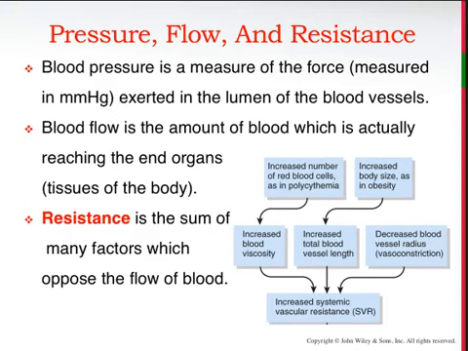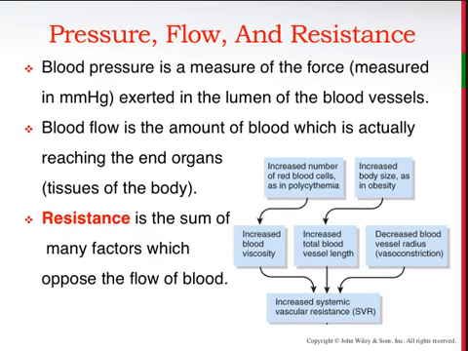So blood pressure is a measure of force. We measure it in millimeters of mercury. Remember, Hg is mercury, so we're going to measure blood pressure in millimeters of mercury. And it's the force that's being exerted on the lumen of the blood vessel. So how much pressure is that blood within the vessel putting against the edge, the endothelium, the lumen of the vessel. Blood flow is defined as the amount of blood that is actually reaching the end organs, being the tissues. And then resistance is the sum of all the many factors that can oppose blood flow, anything that's trying to